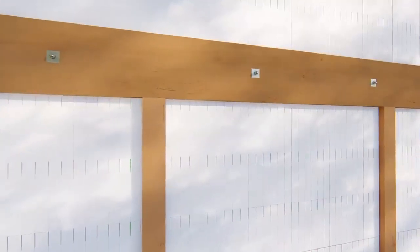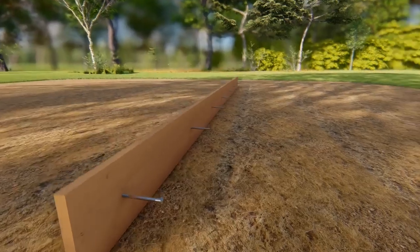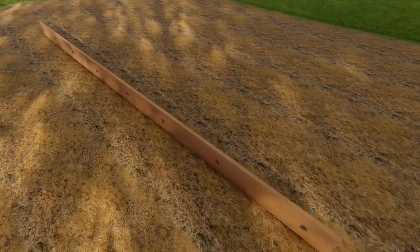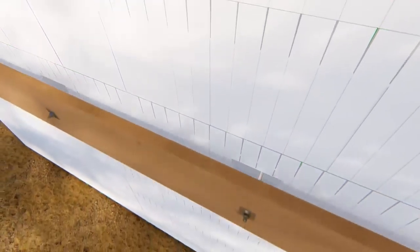If a ledger board is to be attached with anchor bolts, cut out minimum 7.5-inch diameter holes, round, square, or rectangular, on a predetermined spacing. Using that same layout, drill the ledger and pre-mount anchor bolts securely in the ledger board. Using the elevation lines, mount the ledger board on the wall with the anchor bolts centered on the pre-cut holes